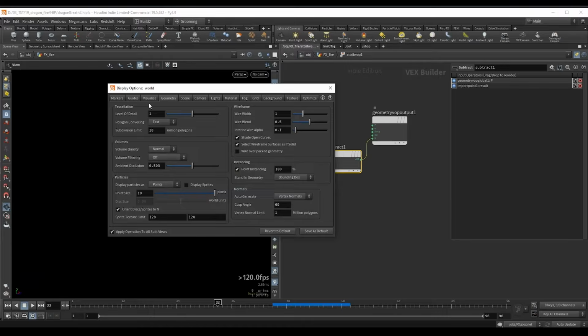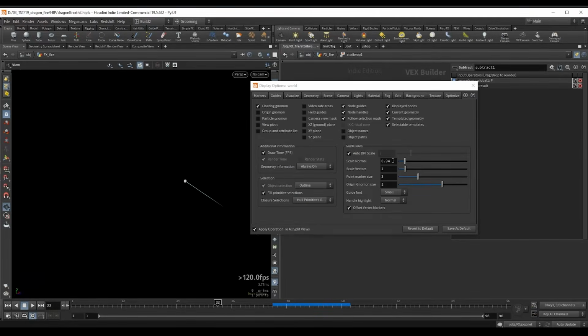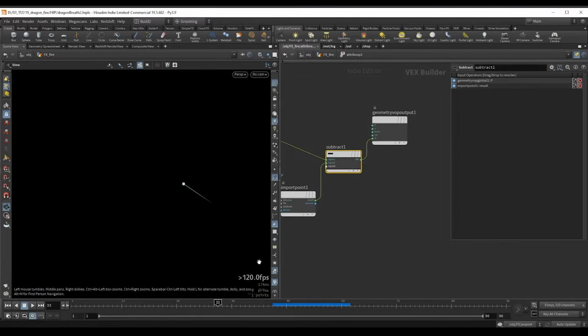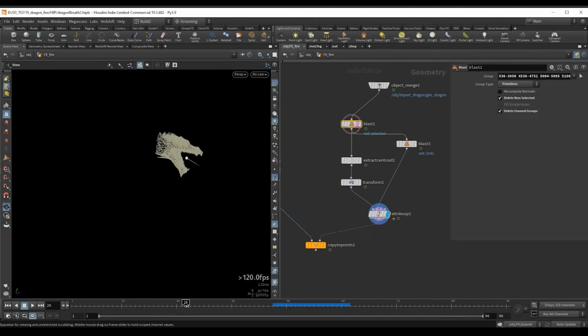Let's maybe also increase the trail here, so we can go to guides and we can scale up the normal to, let's use a value of 1. So this will be now our direction, and it's always going to be facing in the same direction as our head, as we can see over here. Well, almost. I think we're pretty close. We get something like this.